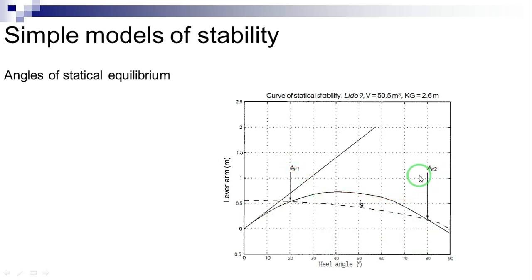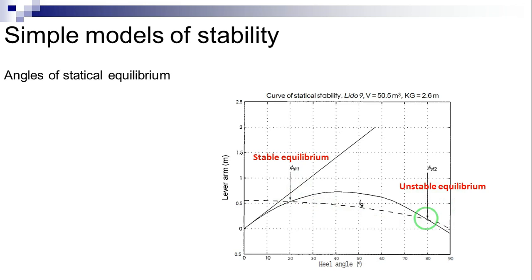Both points correspond to positions of static equilibrium because at both points the righting arm and the heeling arm are equal, and therefore the righting moment and the heeling moment are also equal. Only the first point corresponds to a position of stable equilibrium, while the second point corresponds to a situation of unstable equilibrium. Here we give an intuitive proof